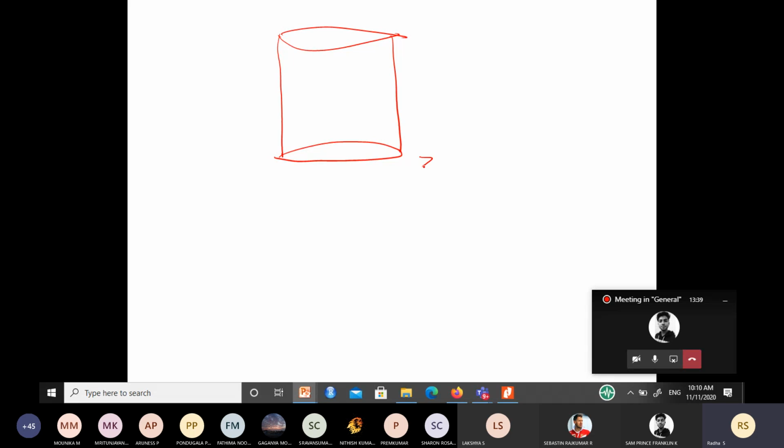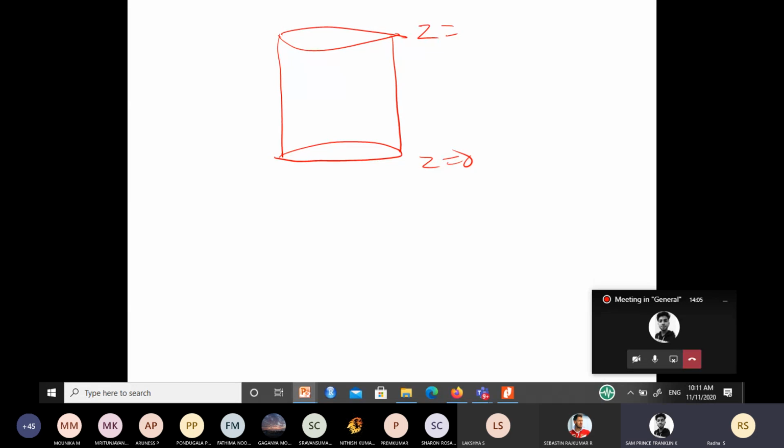Maybe here z is equal to 0. For a cylinder, you have to specify the z value, right? What is a cylinder made up of? Can anybody say? A cylinder is made up of circles. So what is the difference between the paraboloid and the cylinder? There is some difference, right? There are circles here, and here also circles.